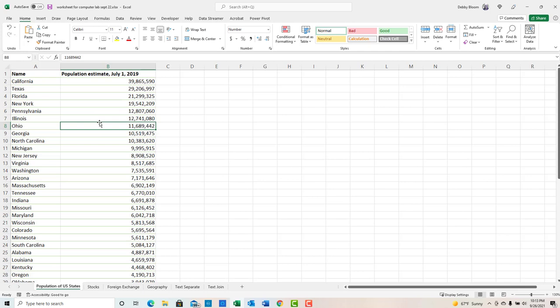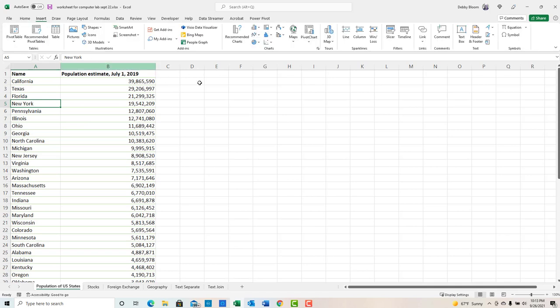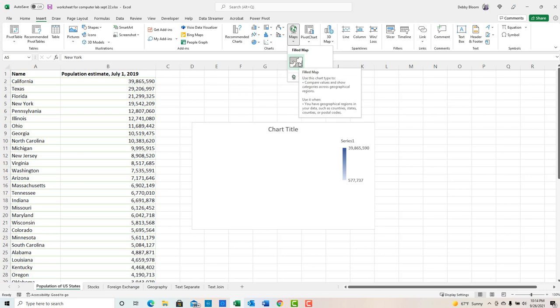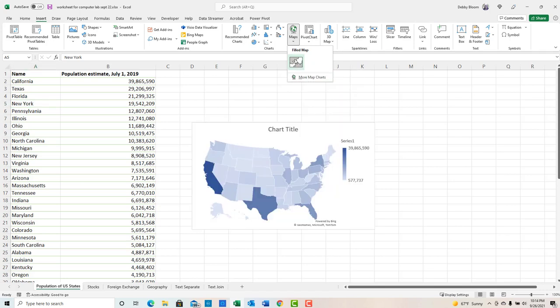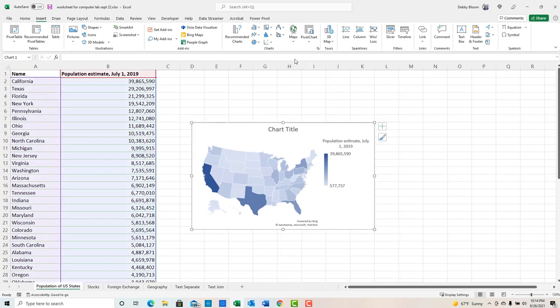So what I need to do that is to click any cell within the range. It can be any population or any state. Then I'm going to click Insert. In the Charts group, notice there's a Maps icon. I'm going to click Maps. And really the only thing you can do other than more map charts is to click the filled map. So notice I have my filled map,